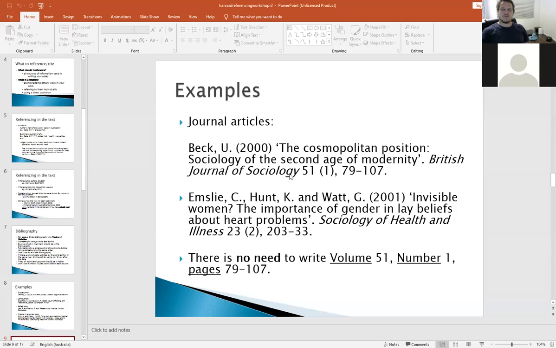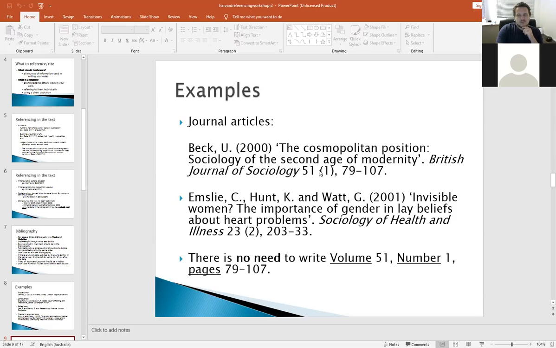So if we have exactly the same as the website, we have first name, last name, initial, the date in brackets. If we don't put the title in italics. So we then put the title of the journal in italics.